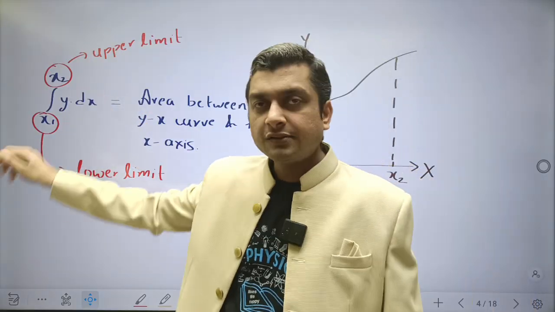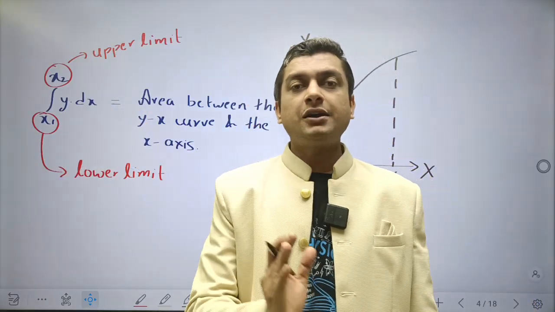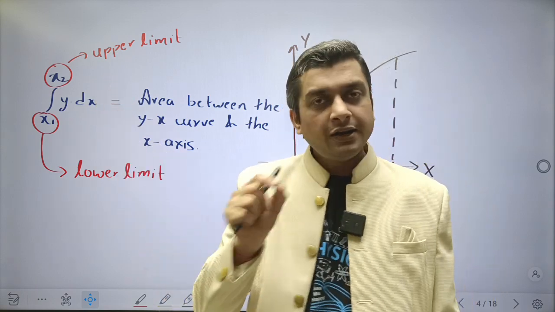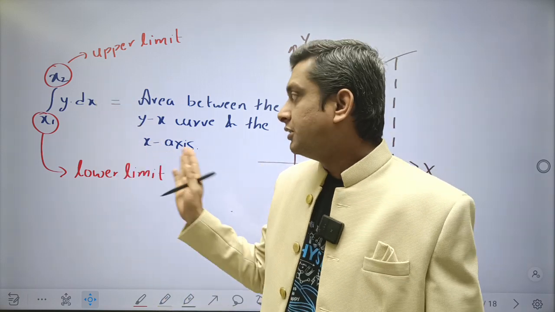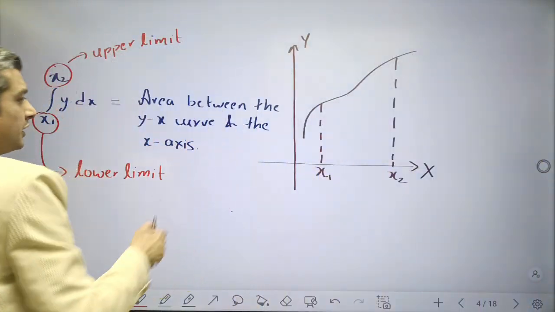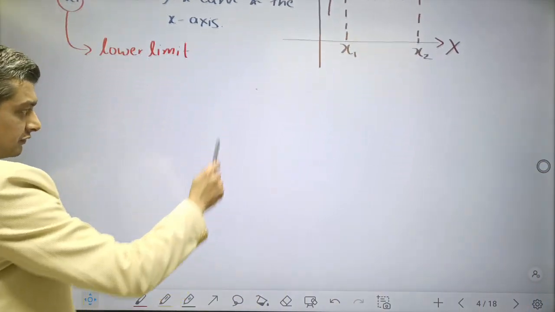Now it is y dx. It means that we have taken the strip parallel to the y-axis, and the width of the strip is given by dx. So we have taken the limits from x1 to x2. So this will give the area between the y-x curve and the x-axis. Now the second case,